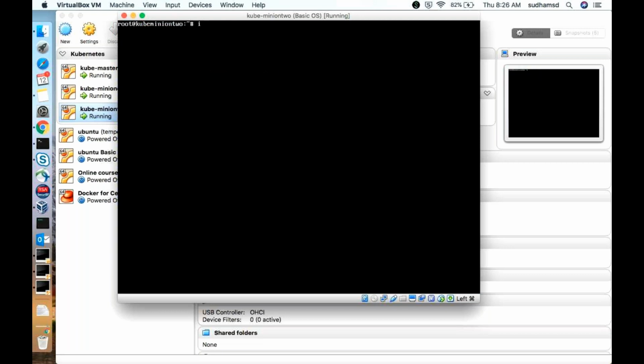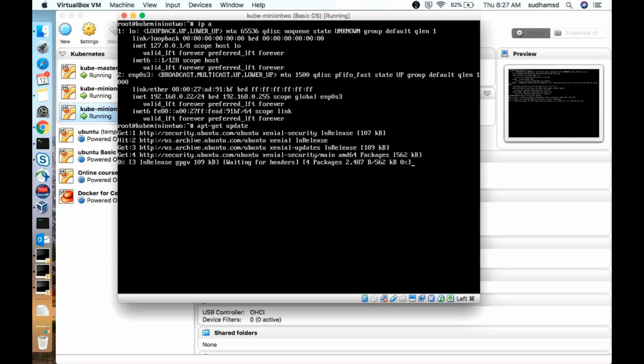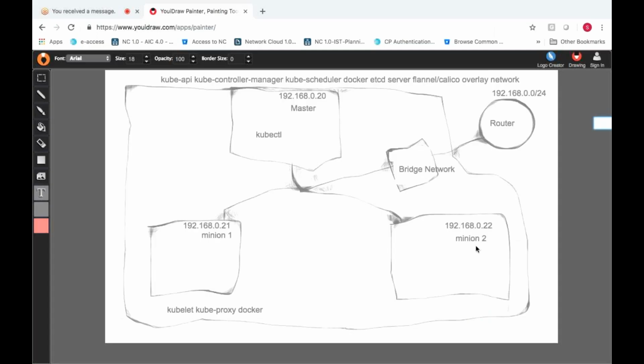Now let's do an update. You can see it is connected to the internet. So all the machines are set with the network which I explained in the diagram. The host name is Kubernetes master here, and kube minion 1 and kube minion 2 on the others.